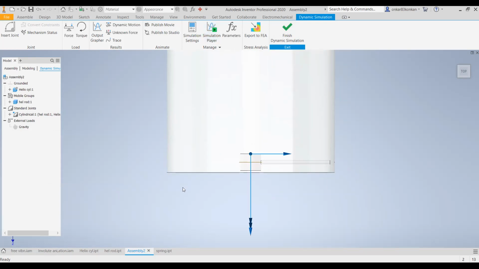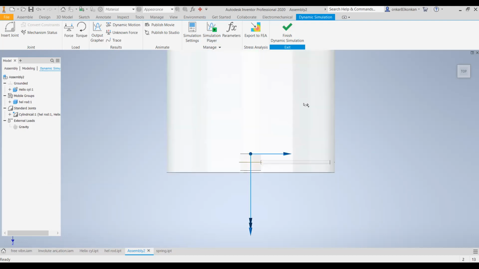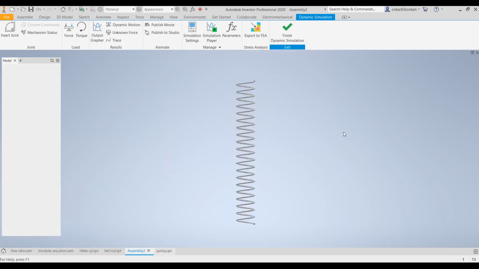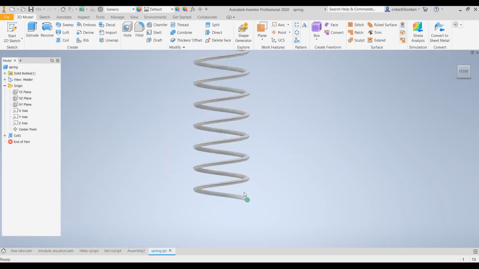So where is the helix curve used? The helix curve is used to design the spring. So you can observe here, this is the spring. The spring is generated with the help of the helix curve.